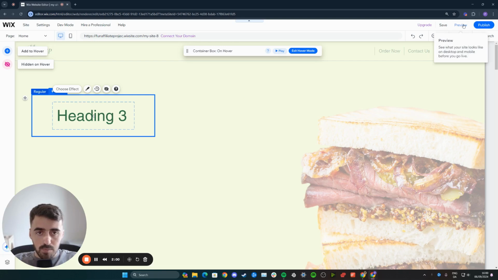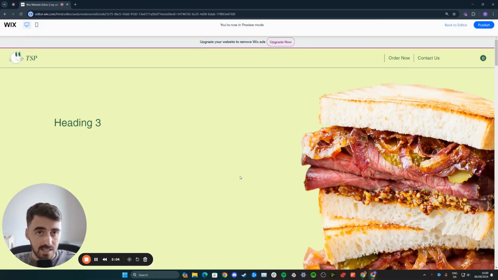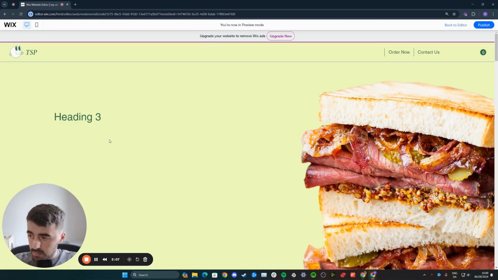And then let's go ahead and preview the website and see if the changes have taken effect and if we now have a text that grows on Hover. And yeah, as you can see, it does. And yeah, that's pretty much it. That's how to make text bigger on